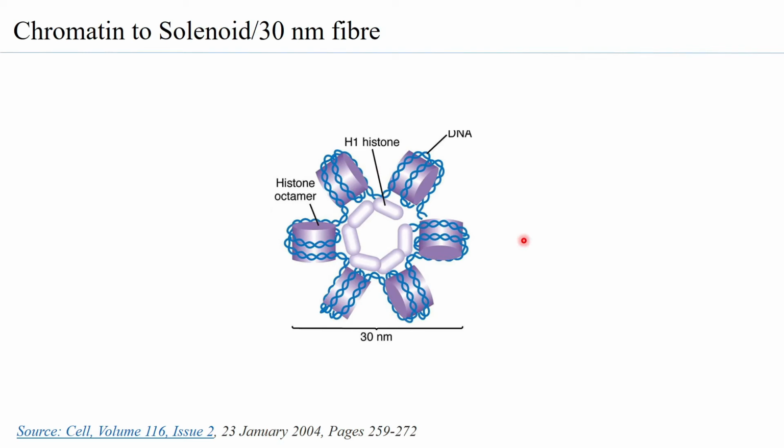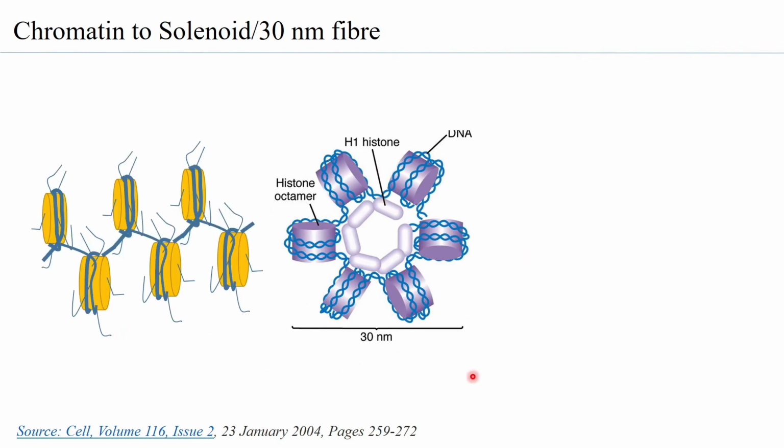But what has also been observed is that it is not necessary that the DNA be in the solenoid form. You can have one nucleosome to the other nucleosome. So you have this kind of a structure, you see, this kind of a structure. So this is more of a zigzag form. And whether it is the solenoid or the zigzag form, it is being formed because of histone 1 coming and binding to the entry and exit point of the DNA.